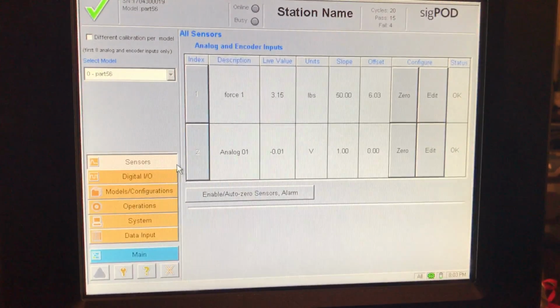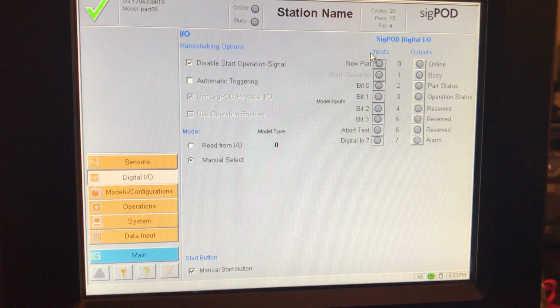Now that we've done the sensors, we're going to go to the digital I/O. Digital I/O is where you can force the outputs and look at the inputs as you're handshaking to make sure your digital I/O is working. We have a start signal and we have a new part, and the difference is if you had a machine